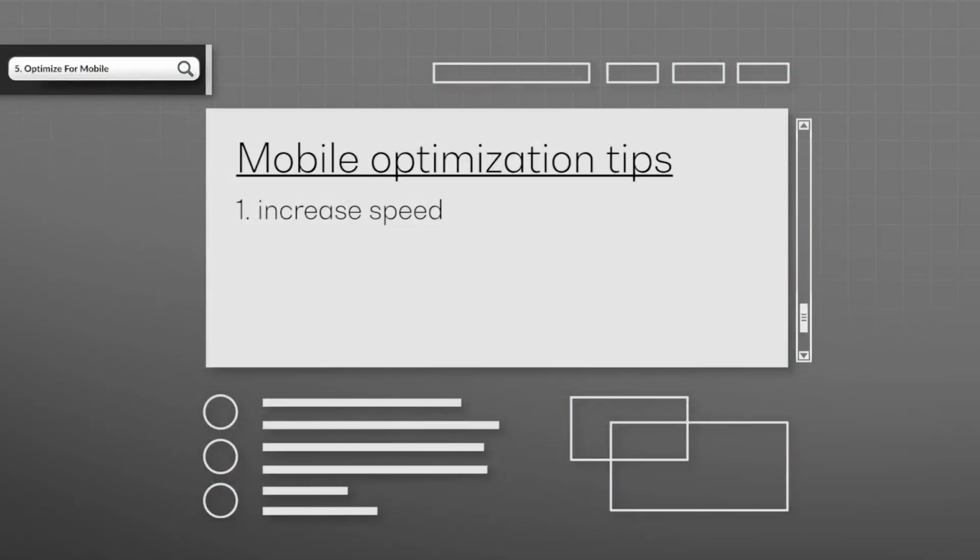Now you might say to yourself, well, I've got a mobile optimized site. Unfortunately, that isn't the full extent of it. And so what we want to talk through is a couple of ways to easily and quickly optimize your site for mobile. For starters, and we've talked about site speed already, but in terms of mobile, it needs to be